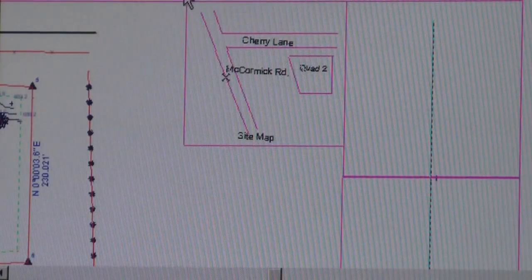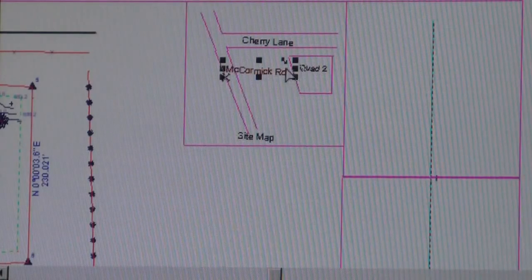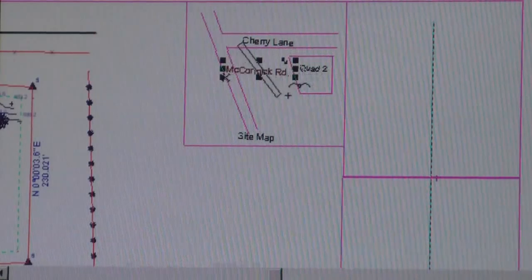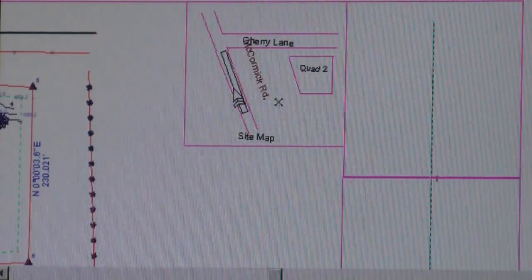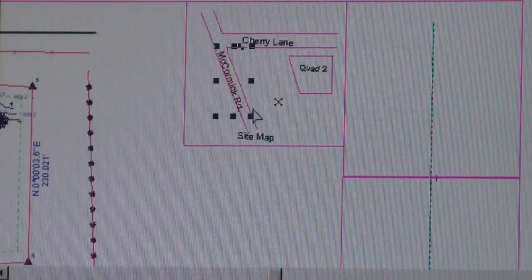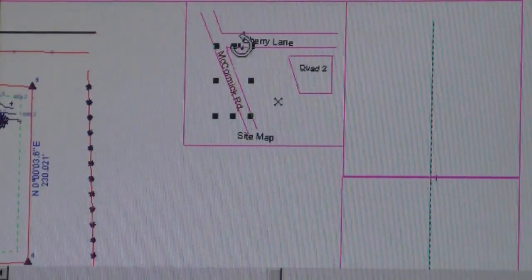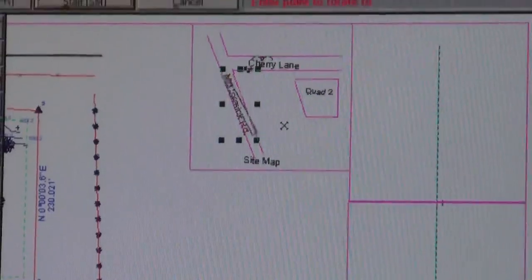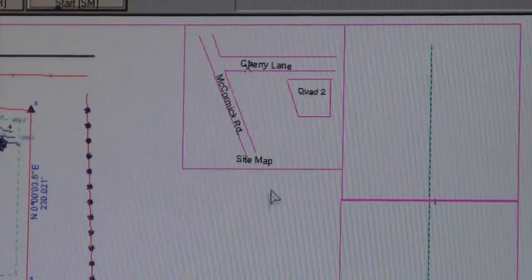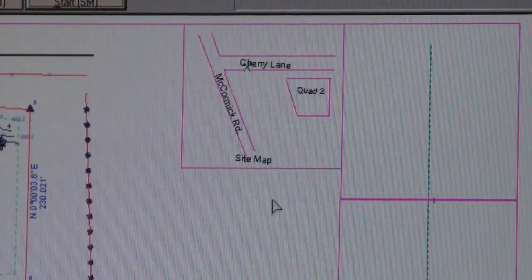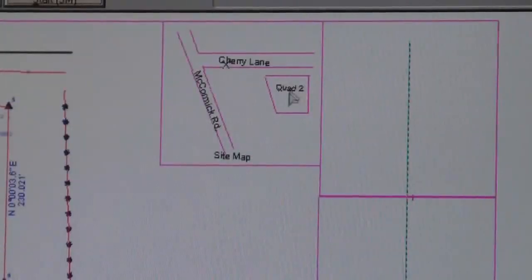Odd how McCormick Road doesn't line up with the road. So if I click on it right about up in here, I get this little arrow. So I'm going to rotate that guy. I'm going to set it over there, sticking on the road. Better. And now McCormick Road's the way I want it. So you have the option of making this larger